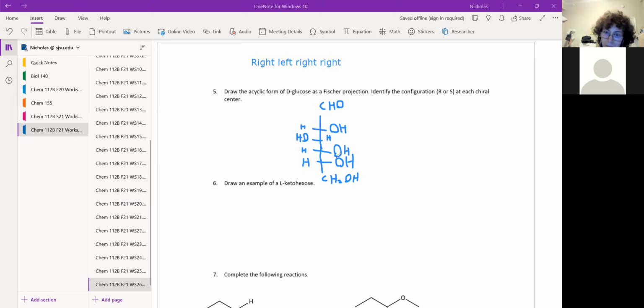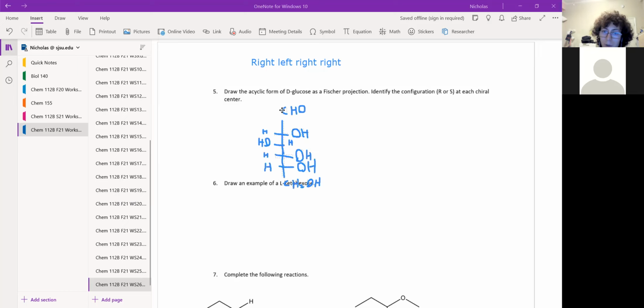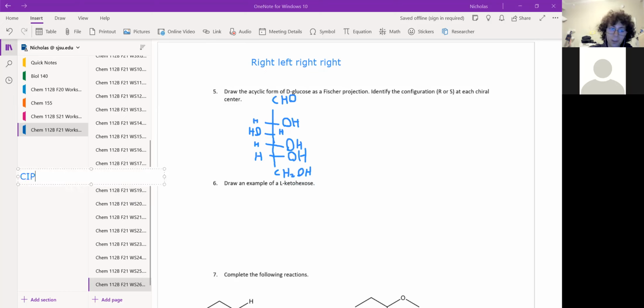And then in terms of the configuration, it's going to be the same kind of stuff we were doing on the naming earlier. You use those canonical priority rules, and then higher atomic number gets higher priority. So we can look at these one at a time, but I will say there's a bit of a shortcut for sugars. If you haven't caught on to it, I'll point it out. But first,